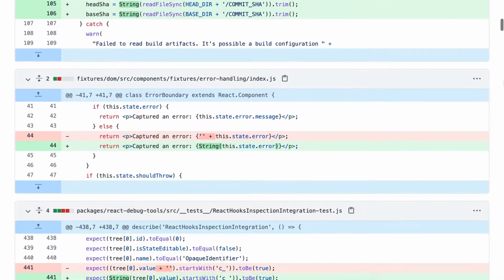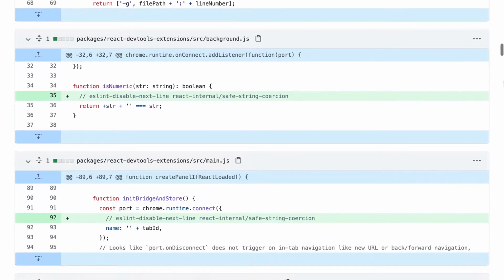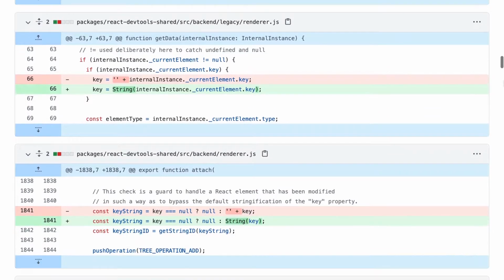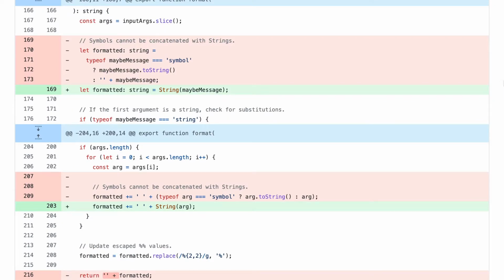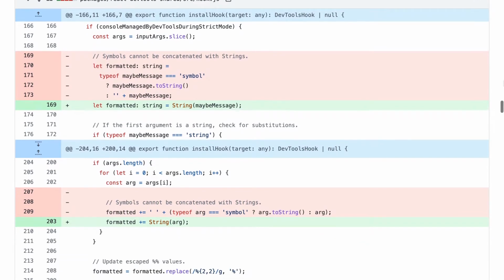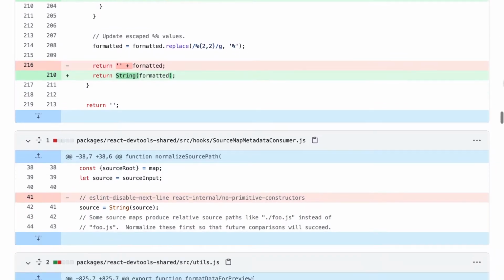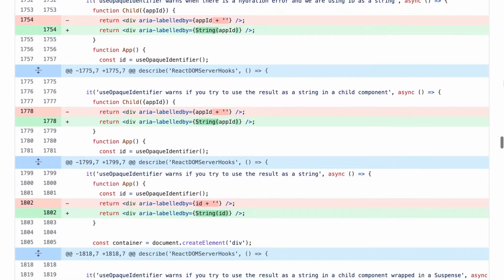Here's an example of browsing a commit on GitHub. Often, a commit contains changes to more than one file. The diff view shows each modified file and displays the changes in each one. Added lines are displayed in green with a plus sign in the left margin, and removed lines are displayed in red with a minus sign in the left margin. When a line is modified, it's actually displayed as a deleted line followed by the new line that replaces it.